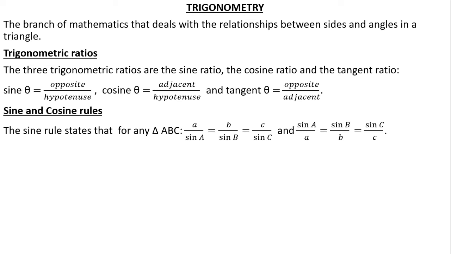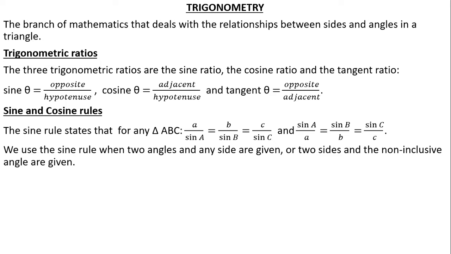The sine rule states that for any triangle ABC, a over sine A, the angle opposite a, equals b over sine B, equals c over sine C, and sine A over a equals sine B over b equals sine C over c. We use the sine rule when two angles and any side are given, or two sides and the non-included angle